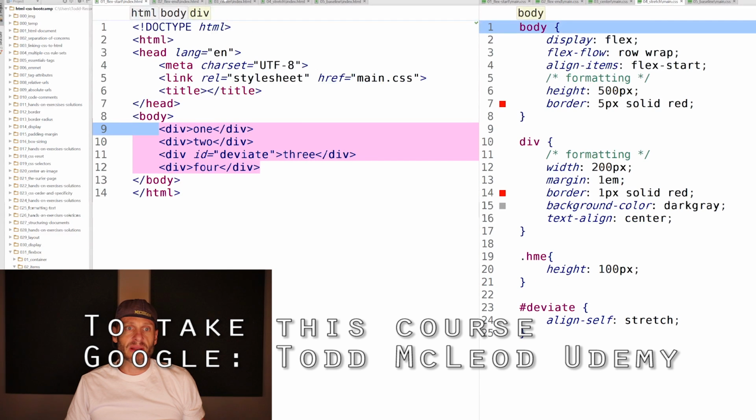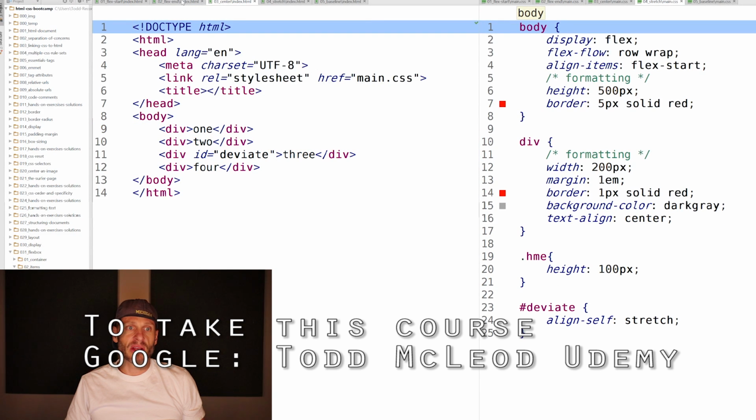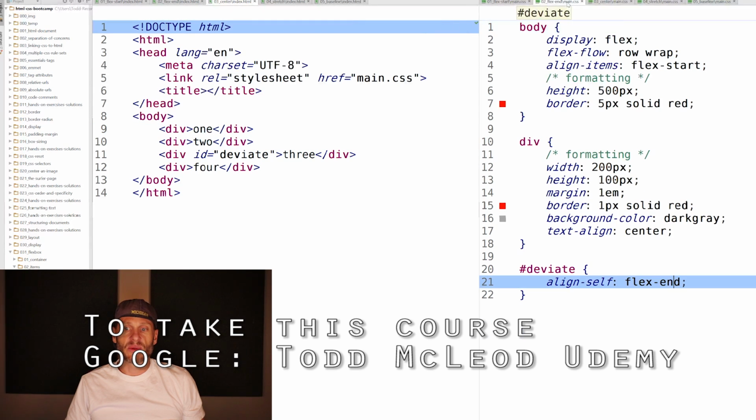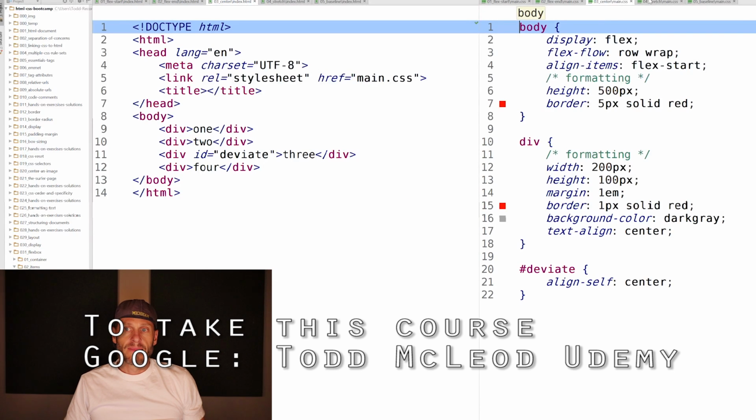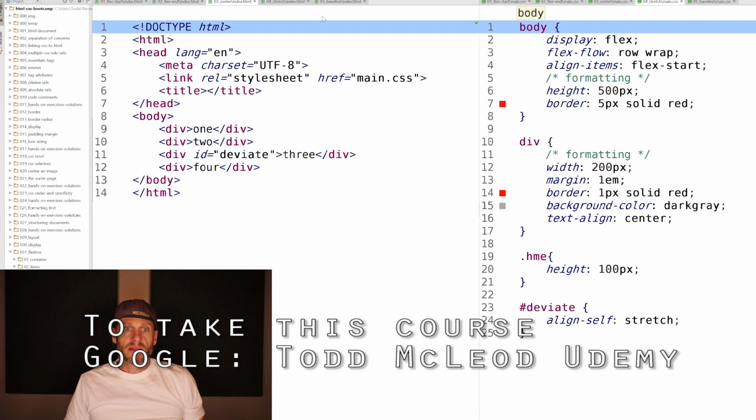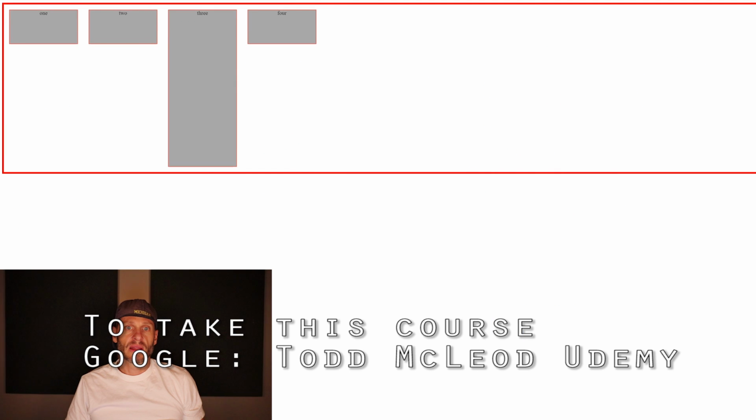The next one is very similar. Same HTML on the first three right there. The next one, when we compare it, sorry, that's the fourth one. When we compare it, you can see the only thing that's switching is flex end on line 21 going to center for align self. So it goes from flex end to center. And then the next one does this: